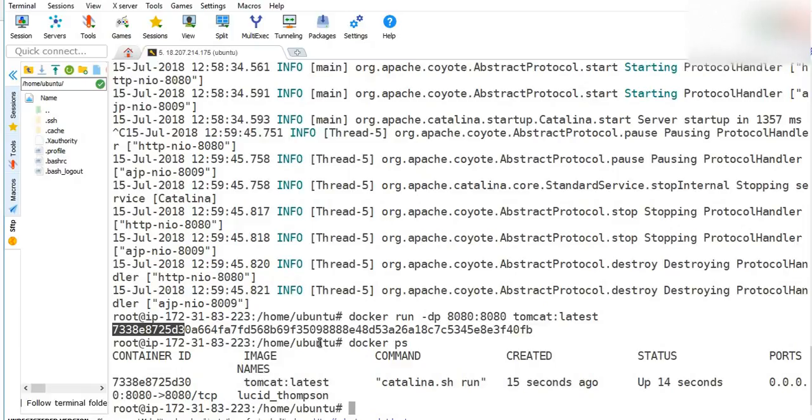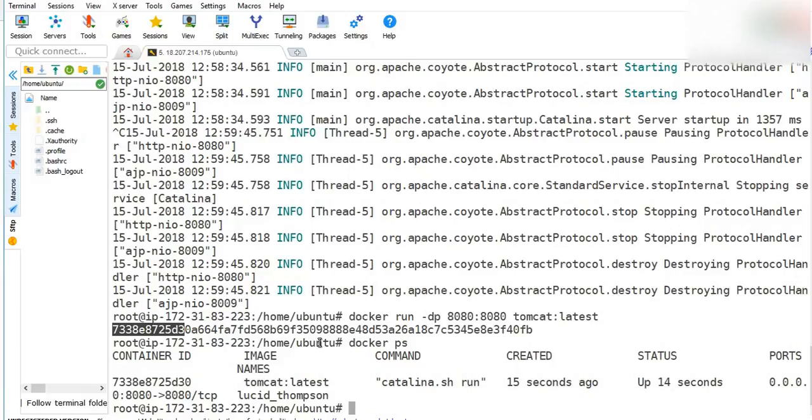But traditionally, what would you do? Create an operating system. One more container? No, leave aside containers. If you had to do it, what would you do? You will need one more system, because if it is Tomcat 7, that means you need Java 7. So for that you need to have one more system if you want to run applications simultaneously. But now that is why Docker is coming into the picture.